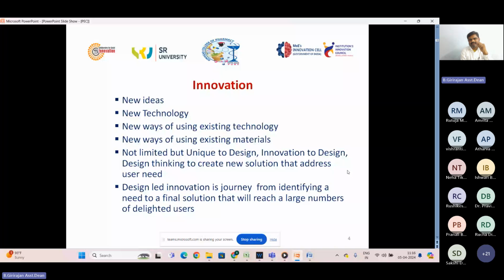So when you have new ideas, new technology that you are going to implement, new ways of using the existing technology to solve some problems, it is not limited to one part, or it can be told as unique to design, innovation to design, design thinking to create new solutions that address user needs. Design-led innovation is a journey from identifying a need to a final solution that will reach a large number of delighted users. So these come under some of the points related to innovation.